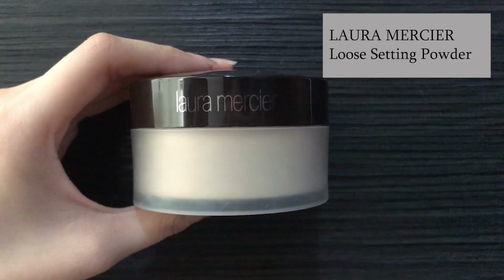So now our last setting powder is the Mercier loose setting powder. This is hers. I never used it before. This is quite an unpopular opinion. This is a very popular product, a cult product, but I don't really like it. Reasons: there's a weird white cast when I use it. So we recorded a clip so you can see in the video now that it looks very weird on my skin,